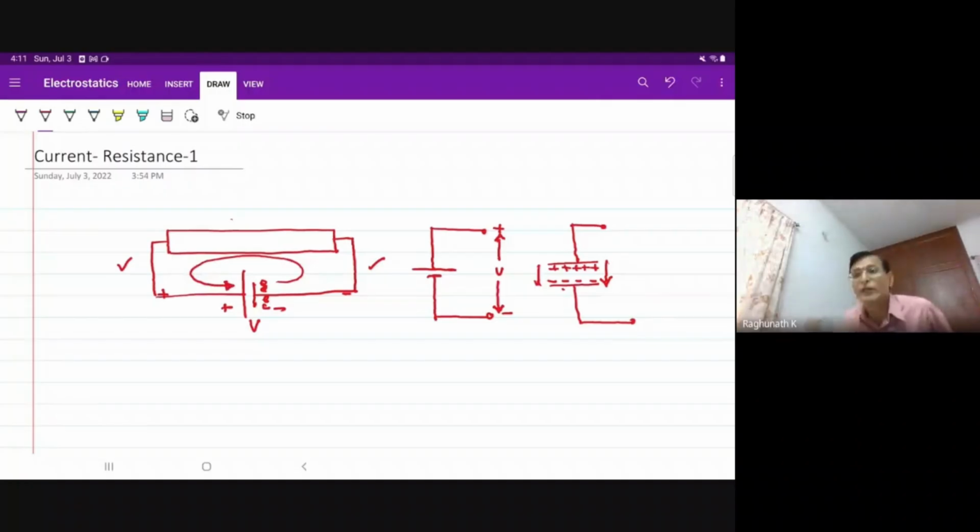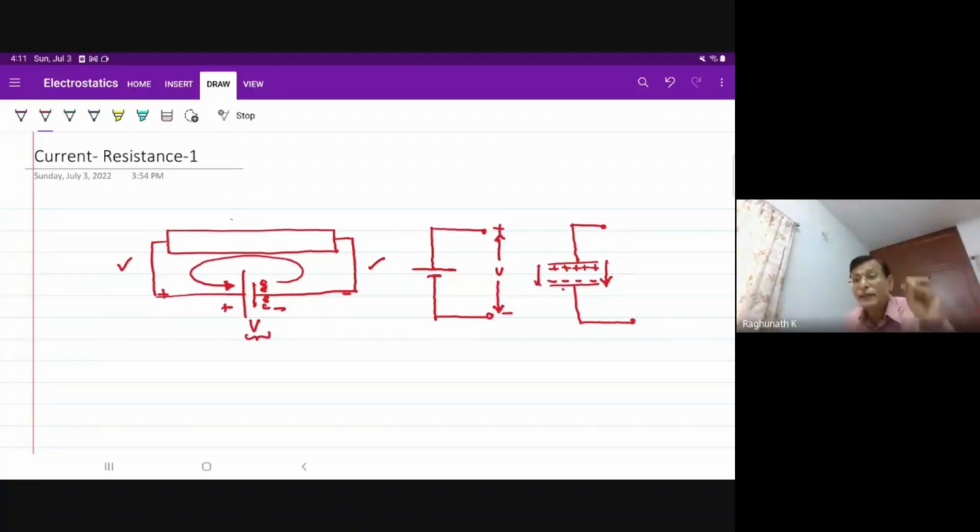Any source of EMF, the voltage source we call it, requires energy continuously to supply the current. For what energy is required? To maintain that potential difference to be at V volts,